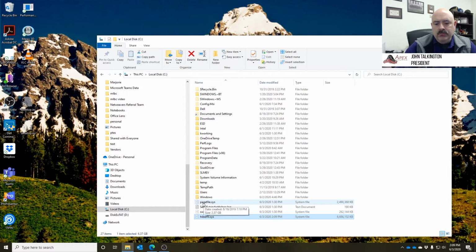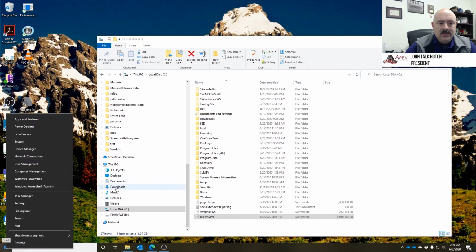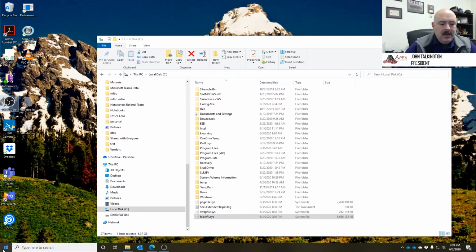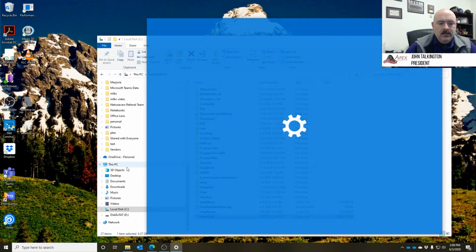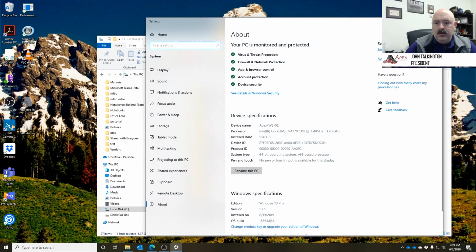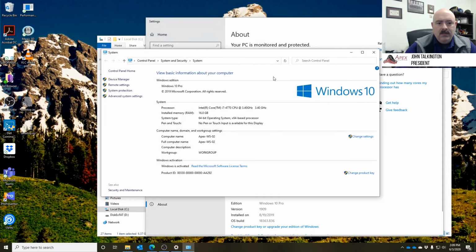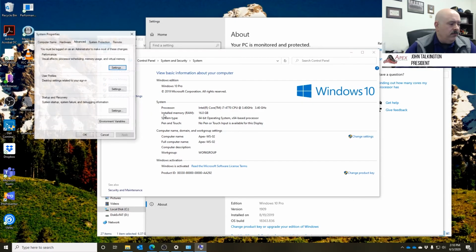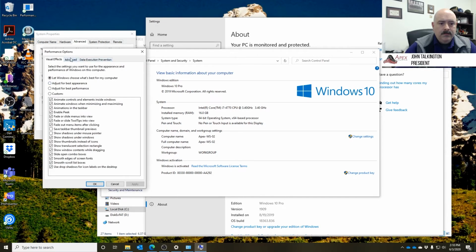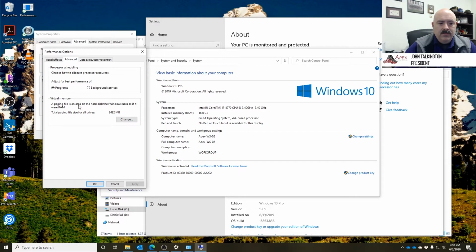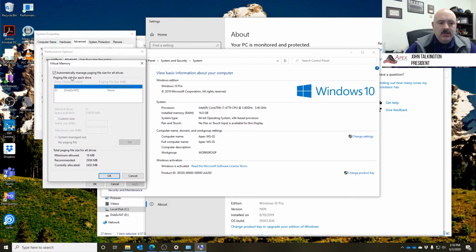So to move Pagefile to a different volume, you would go into the advanced system settings. So I'm right clicking down here on our start button, and I'm going to the system and then into system info, which brings up kind of the old Windows 7 looking system info panel. Under advanced system settings and performance and advanced, this virtual memory box here is where we control the size of our paging file and which drives it's on. So if we click on change here,